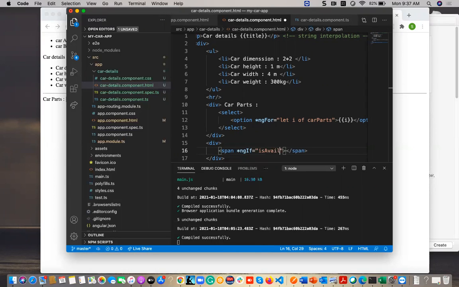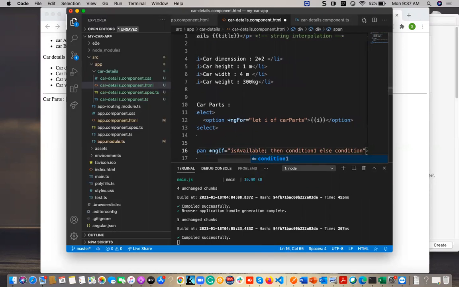So let us think I have one variable available. If it is true, then I want to execute condition 1, else I want to execute condition 2.